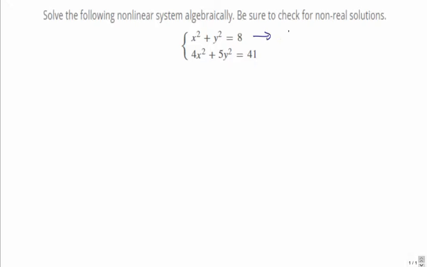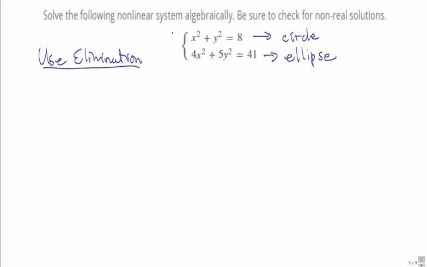And so we're going to look at where that might intersect the second equation, 4x squared plus 5y squared equals 41. That, my friends, is an ellipse. So we're going to try and do it algebraically. We're going to use elimination, and it's similar to how we would solve a system of linear equations. I'll call this equation 1, and I'll call this equation 2. And we're going to multiply equation 1